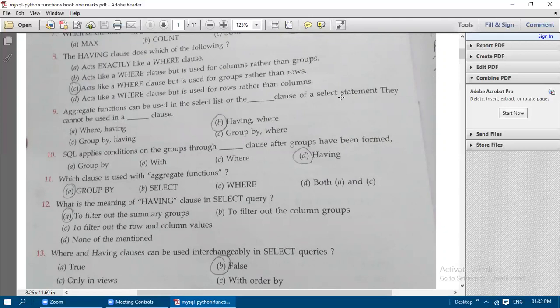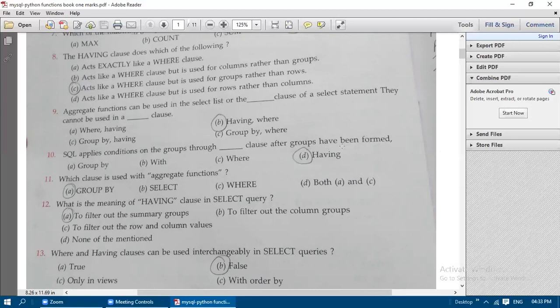Count is an aggregate function, so HAVING COUNT of star, like that we can use an aggregate function in the HAVING clause. SUM, MIN, MAX and COUNT(*) cannot be used in the WHERE clause.